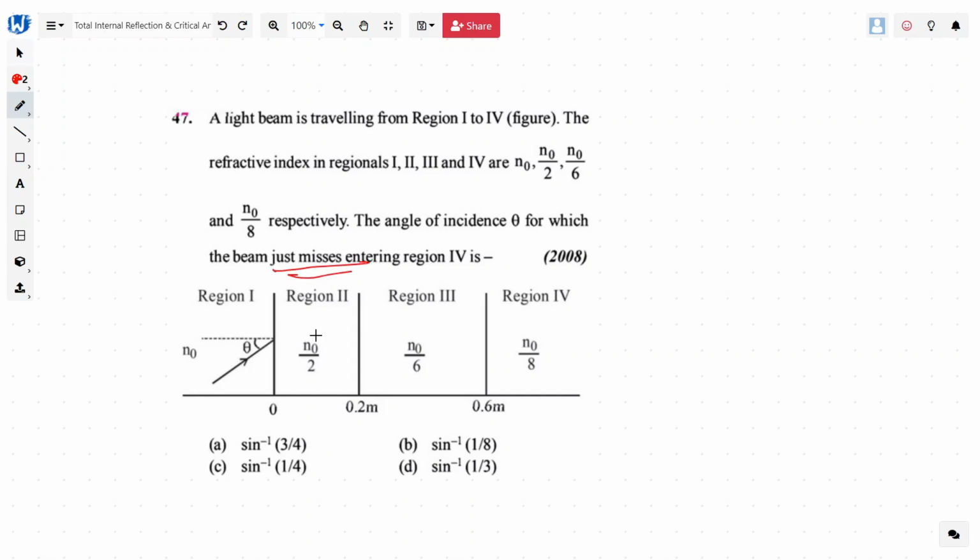The ray of light will come here, the reflection will happen, and finally it will not be able to enter region 4, which means total internal reflection will happen over here for a particular angle. So we can write one part of Snell's law here, and we need to find theta. If we can write another part of Snell's law here, with this equation we should be able to solve the problem. So at point A, we'll write